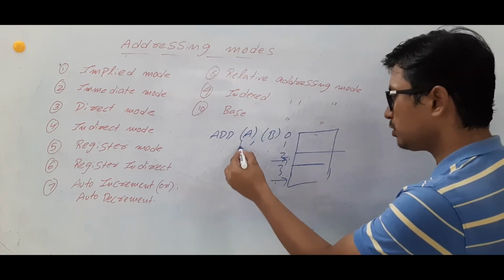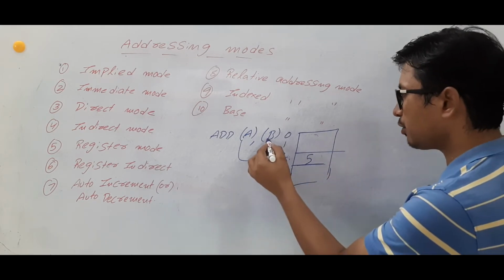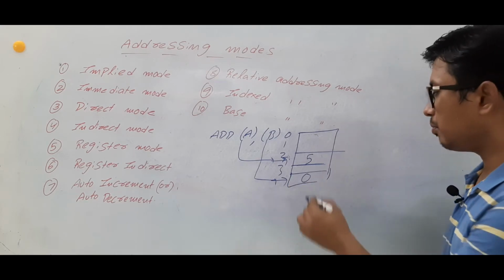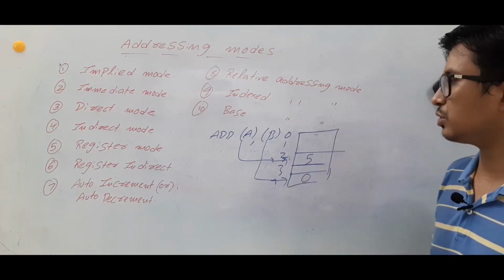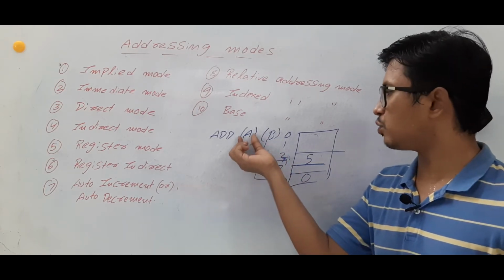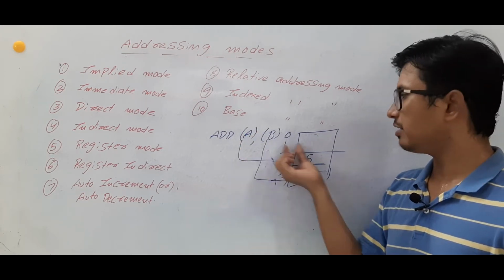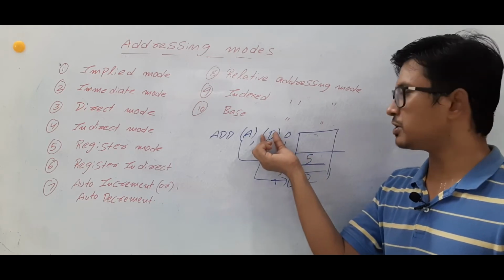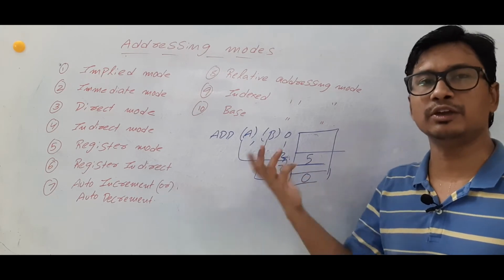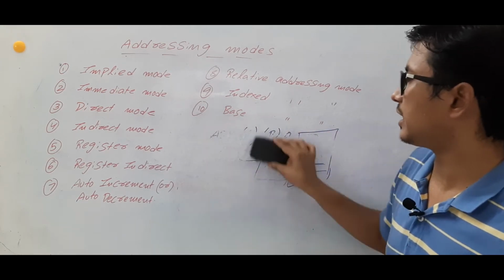So first you need to go to the corresponding address. Whatever value is there, you have to fetch it, and you have to go to the address location of B and fetch the value there. Both of them you have to add. So here the instruction specifies the address of the operand directly. The address of operand A will be specified, you will go and fetch the value. Similarly, it will specify the address of operand B in the main memory, you will go and fetch it and perform the execution. So this is about the direct addressing mode.